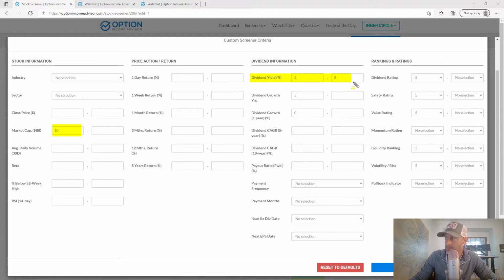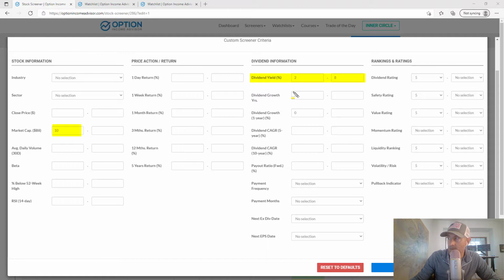Dividend yield, you can see I've set a minimum of 2% and then a maximum of 8%. And so I'm not looking for crazy high dividend yielding stocks. Sometimes those are value traps anyway. Again, what I'm looking for is a core base of dividend stocks that I would potentially like to add to a portfolio. And so I think that sweet spot probably is in that 2 to 8 range. And you'll see these 37 stocks that we've got on the list have an average dividend yield of about 3.2%, right? So there's some on the low end of 2%, and there's some certainly in the mid range of that, and then some towards the higher end.